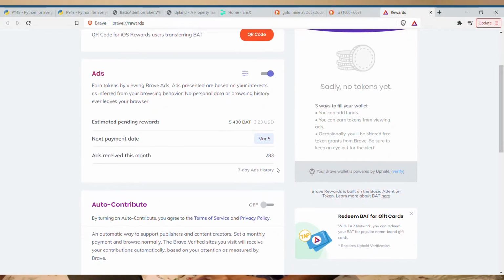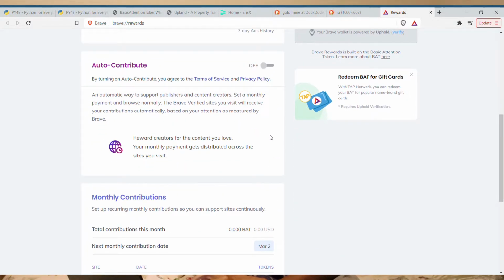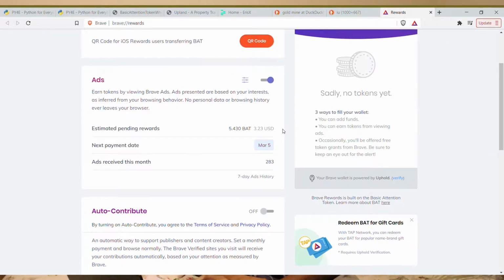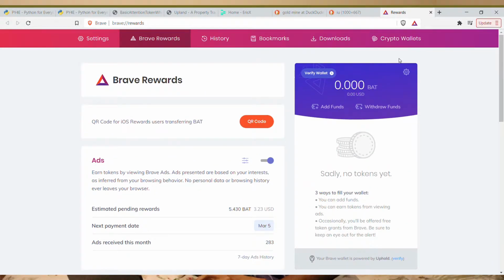So I get 5 ads per hour, and then they give me Basic Attention Token, basically just for using the internet. This is a little bit from the month of January too. I think I had a couple days in January, but the majority of this is February, and I received this much Basic Attention Token and this much money for it, which is not that much, admittedly. Not really that much, but it's more of the idea